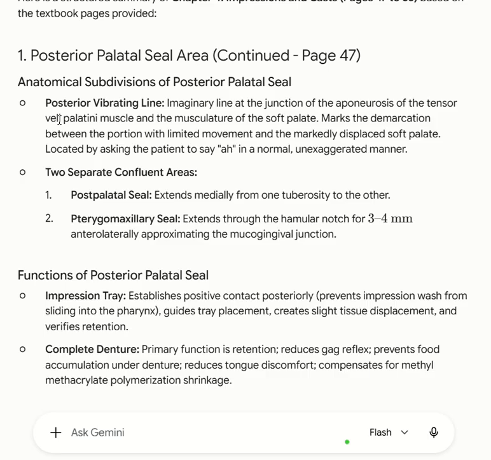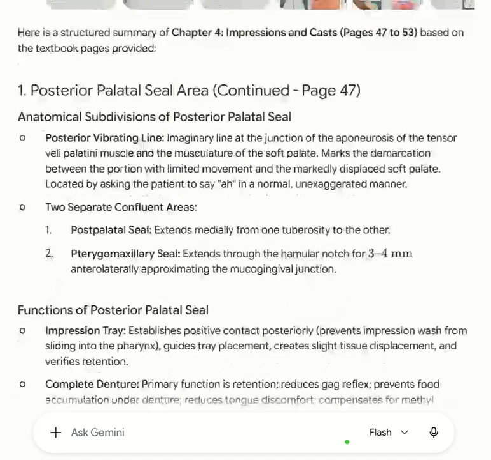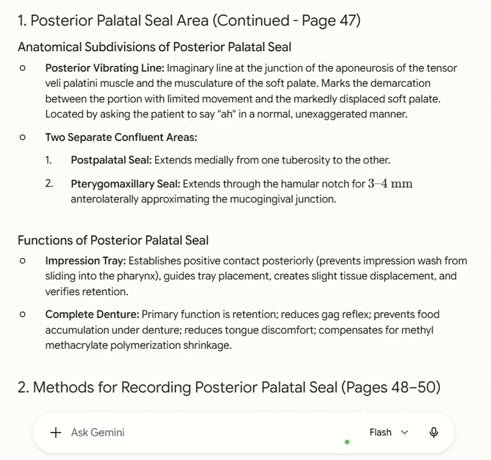Complete denture: primary function is retention, reduces gag reflex, prevents food accumulation under denture, reduces tongue discomfort, compensates for methyl methacrylate polymerization shrinkage. 2. Methods for recording posterior palatal seal, pages 48 to 50, a. Scraping of master cast, conventional, empirical method,